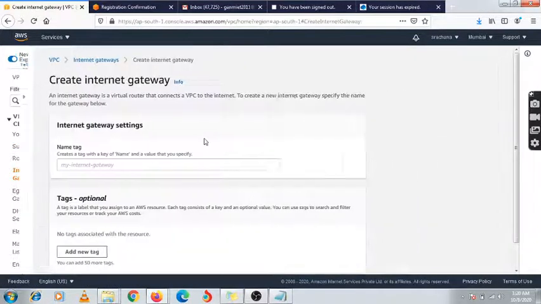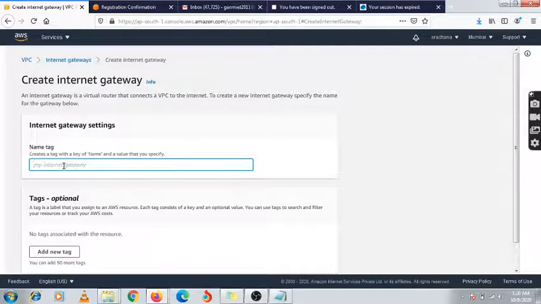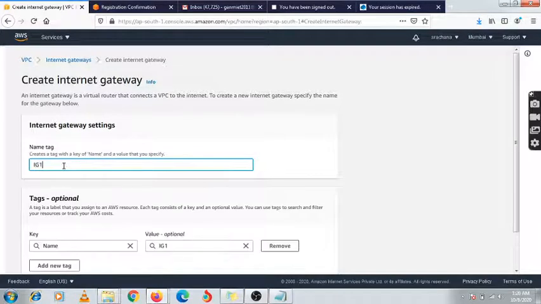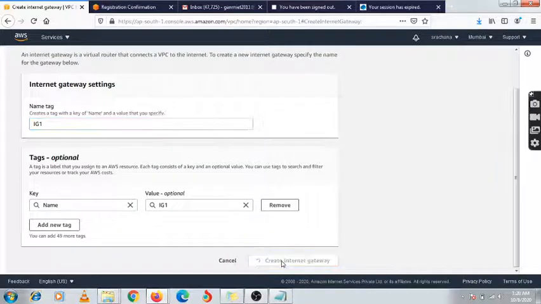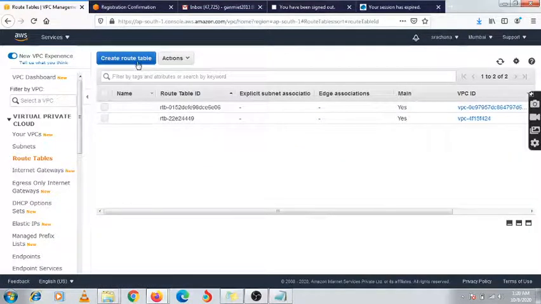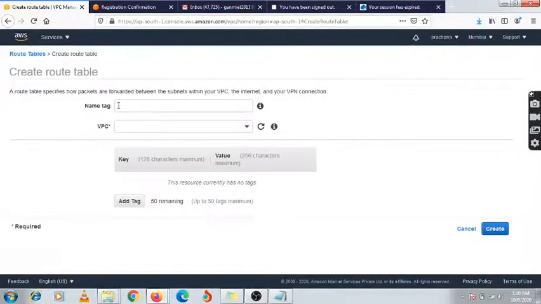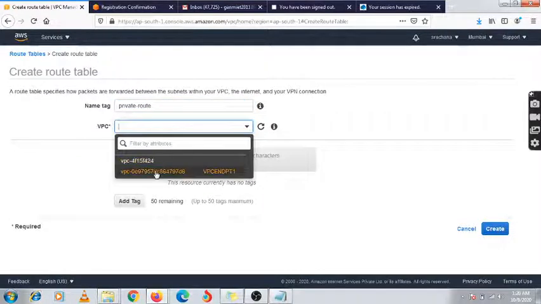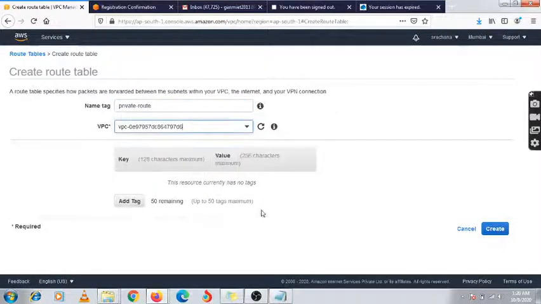Now I am going to create an internet gateway, giving the name internet gateway 1. Then, in route tables, here we need to create one route, that is private-route, and I need to select our VPC.